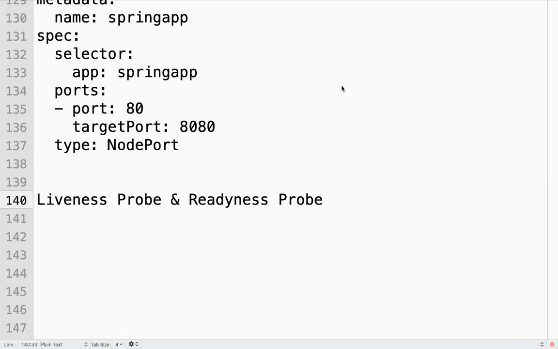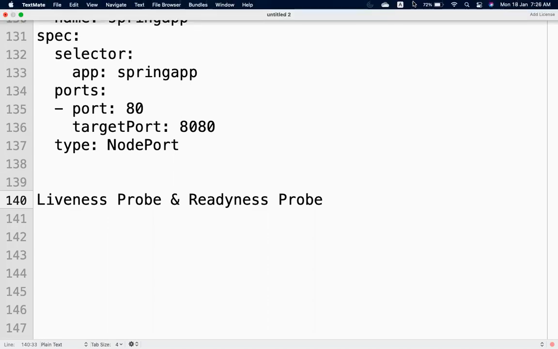Let's assume you are running one web application as a container. Let's assume the Tomcat process is running, but your application is not responding because of some issue. Maybe there is a deadlock in your application. Your application is hung, it is not responding. Is it going to recreate or reschedule that pod as of now?